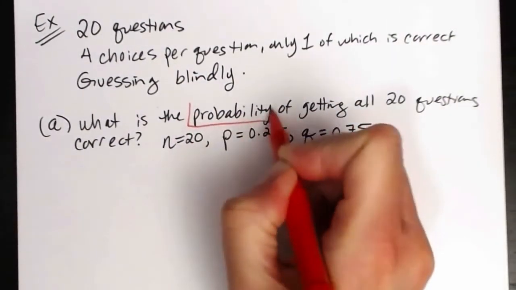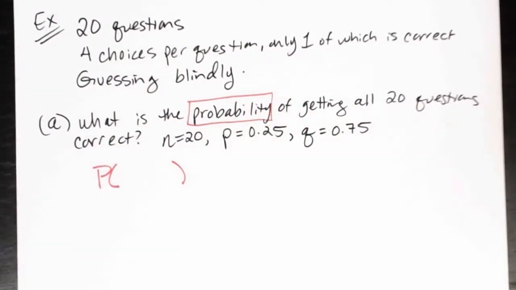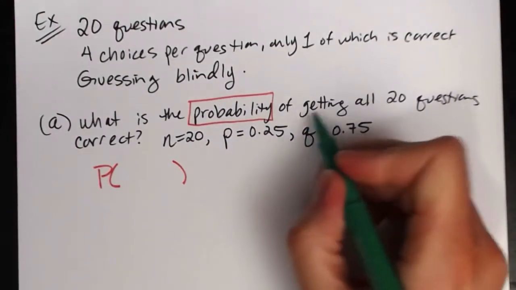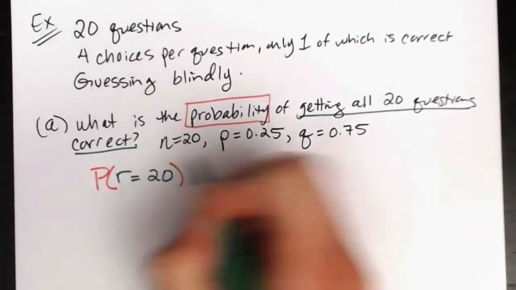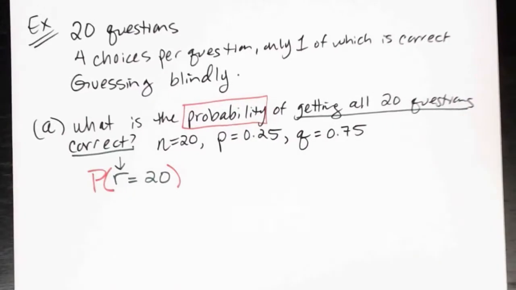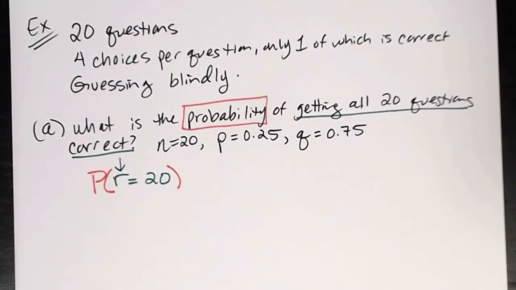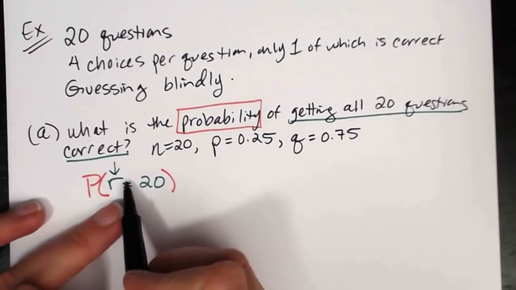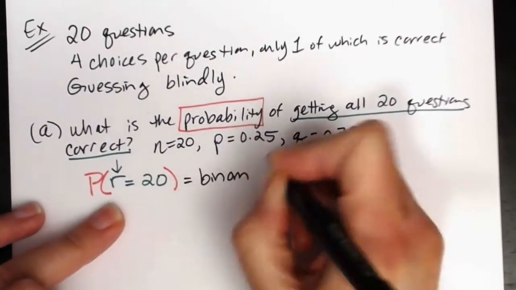Since we are trying to find a probability, we're going to be using a capital letter P to denote that we're finding a probability. And then since we're getting all 20 questions correct, that would be r is equal to 20, r being our number of successes. So we want to know what's the probability of exactly 20 successes. Now, anytime you're dealing with a probability problem that has an exactly equal to right here, in your calculator,